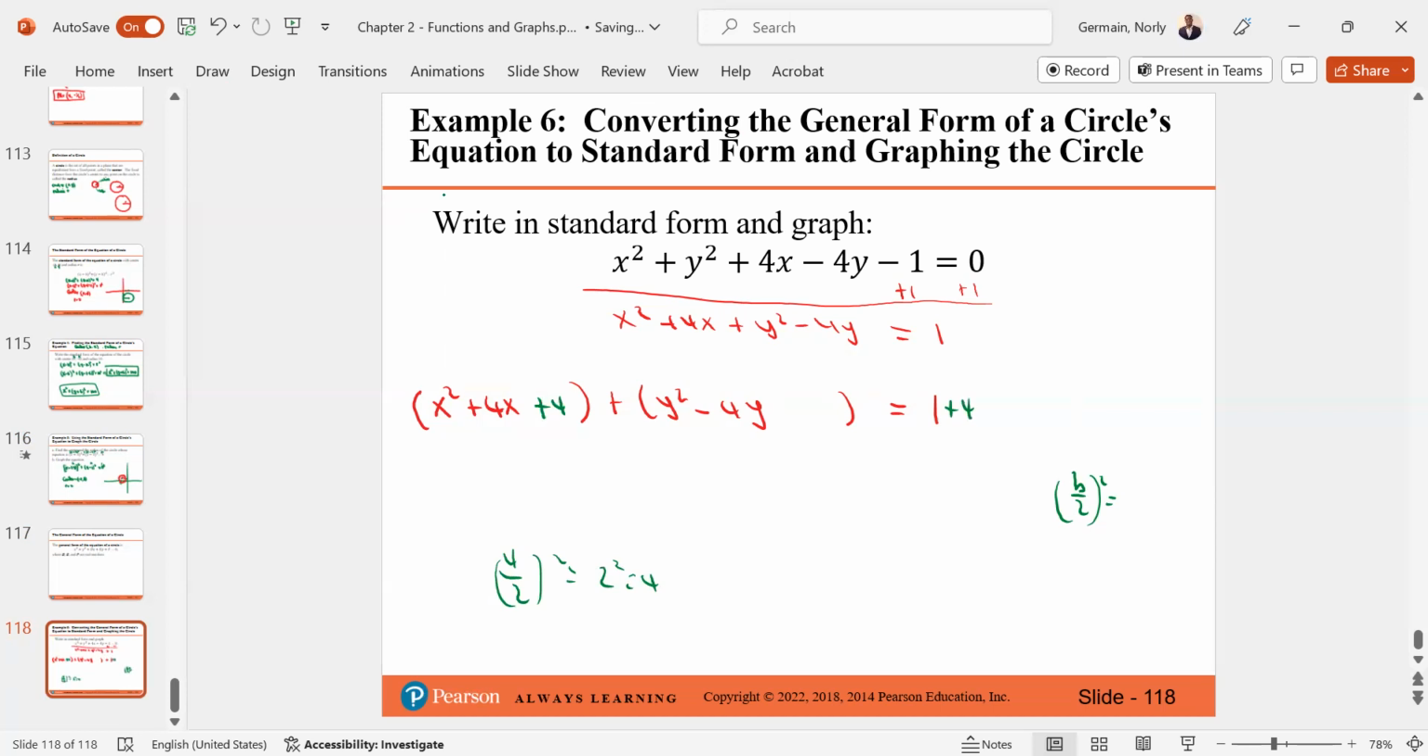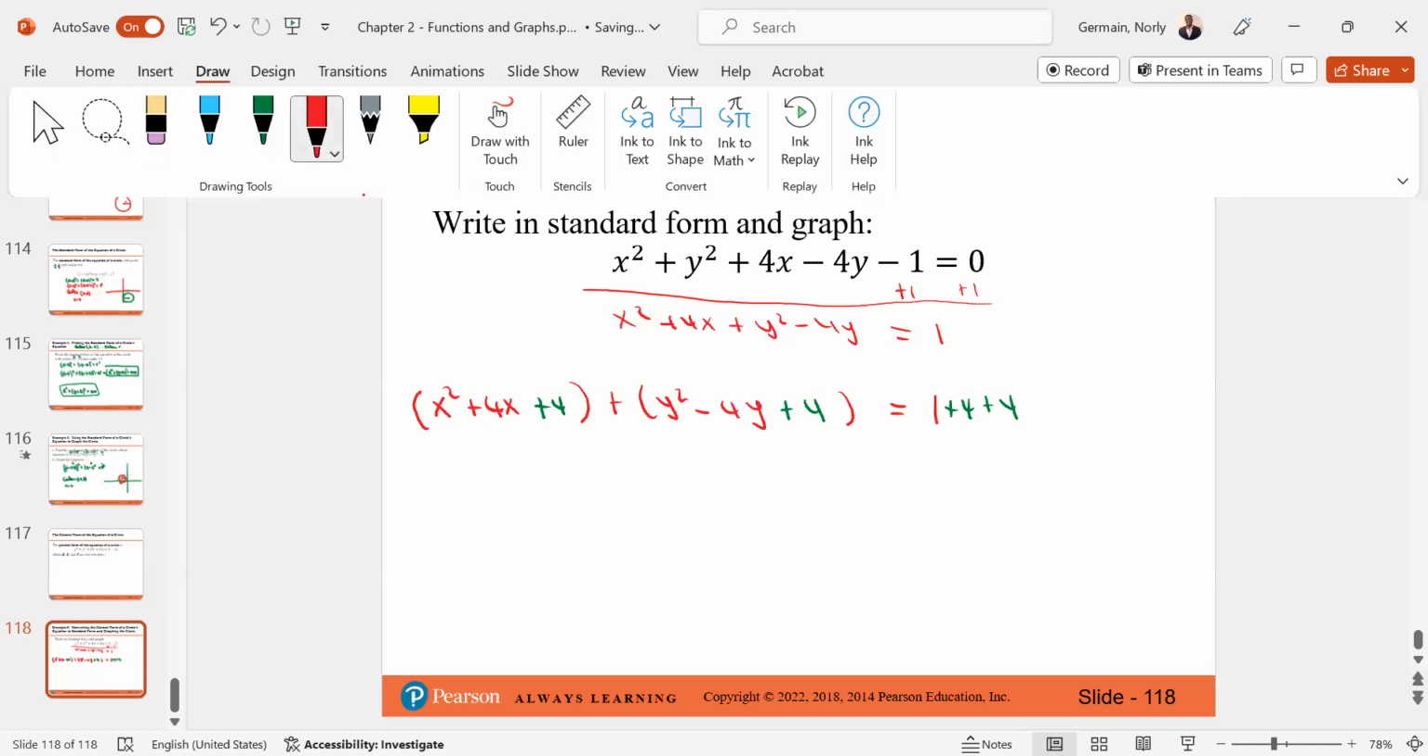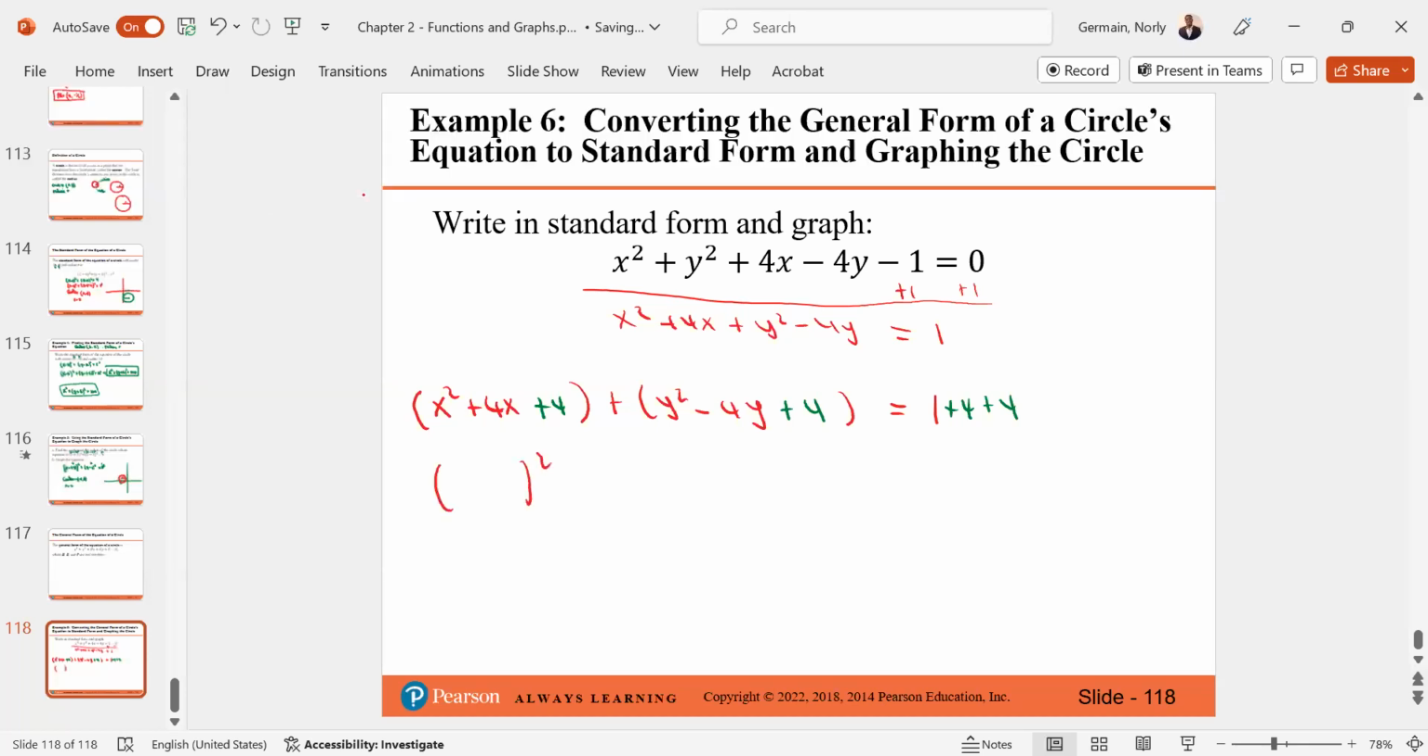And I will do the same for y. I see negative 4 over 2 squared gives me negative 2 squared, gives me 4. I'm gonna add 4 to both sides for this. Okay, that's important. That's very important. Now we can simplify. If you remember the completing the square, we simplify on the right side, so that would be simply 9. Okay, now what we do here,